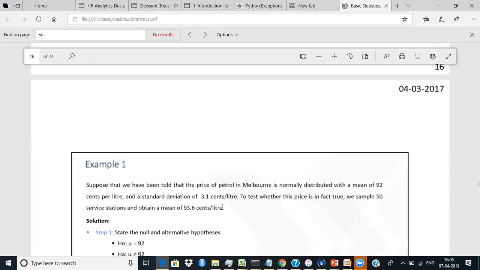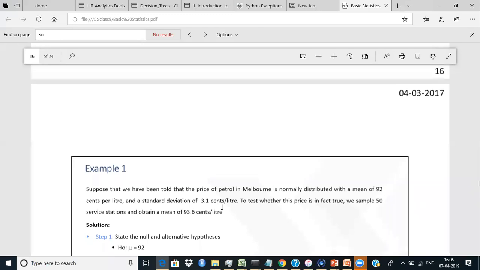Okay. Now, all of you have gone through these 3 lines. What does it say? It says that the government of Melbourne has a notion that the average petrol price is around 92 cents per liter. Right? And in order to test that, they take a sample of 50, and they found out that the mean is 93.6. Makes sense? And what is also given is the standard deviation is 3.1. Okay. Now,